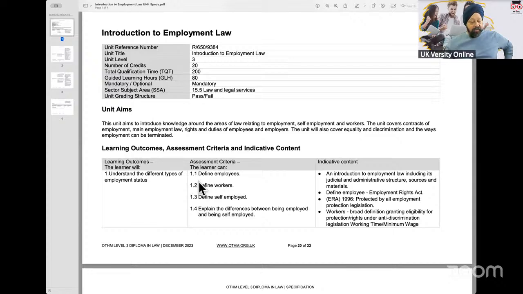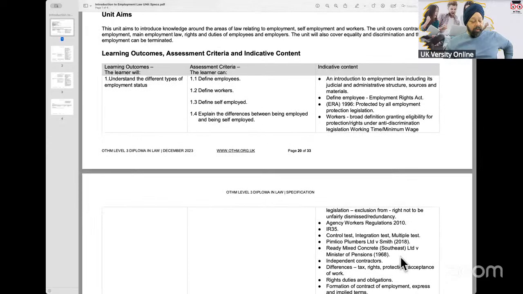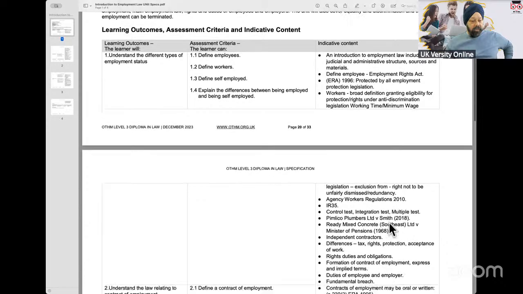be covered. Now, in the first learning outcome, we are looking at terminology like defining employees, defining workers, defining self-employed people, and then what are the differences between being employed and being self-employed. And in these contexts, when we look at these 4 assessment criteria, we're going to be covering things related to employment law, understanding judicial and administrative structure. We'll be looking at some of the acts which relate to some of these definitions in relation to the assessment criteria. And then we'll be covering the wide range of indicative content which has been given here, things